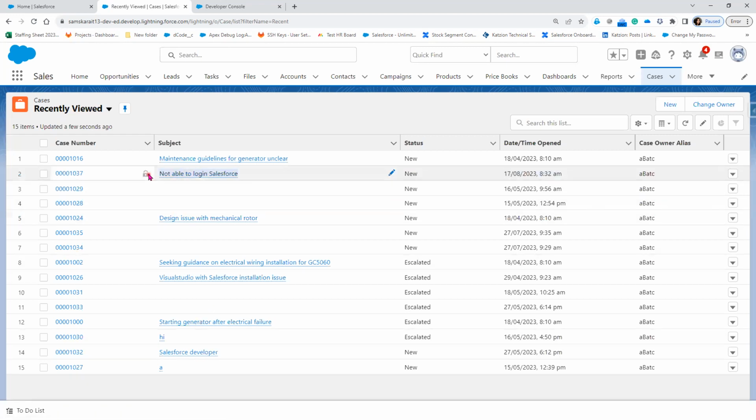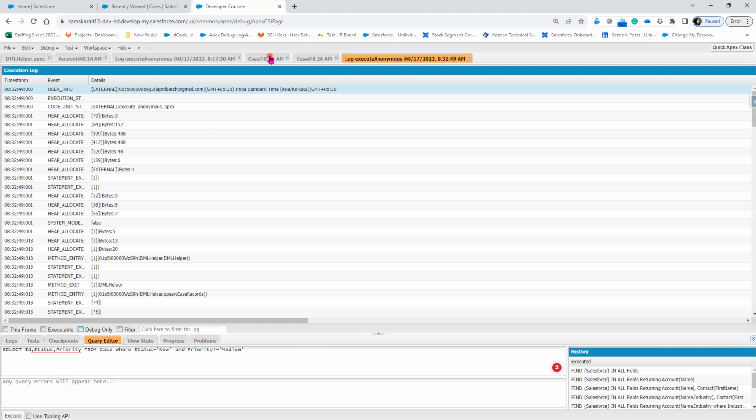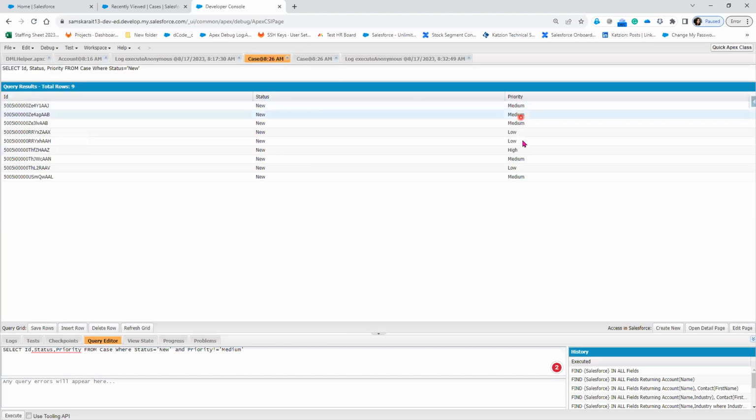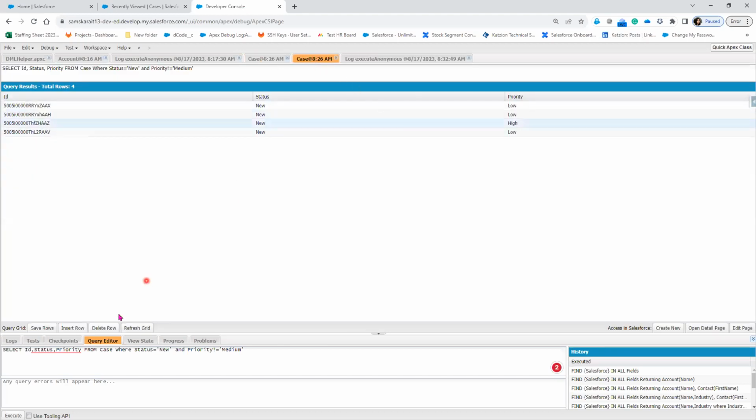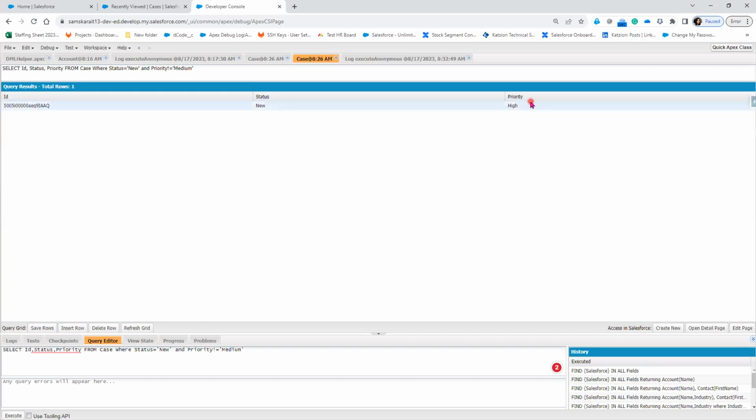Not able to log into the Salesforce. When it is created today, it is created. And then the record should be updated. There are a few records which have the medium priority. So if I refresh, there should not be any record, right? So this is the new one. Now it might have updated the where is equal to medium